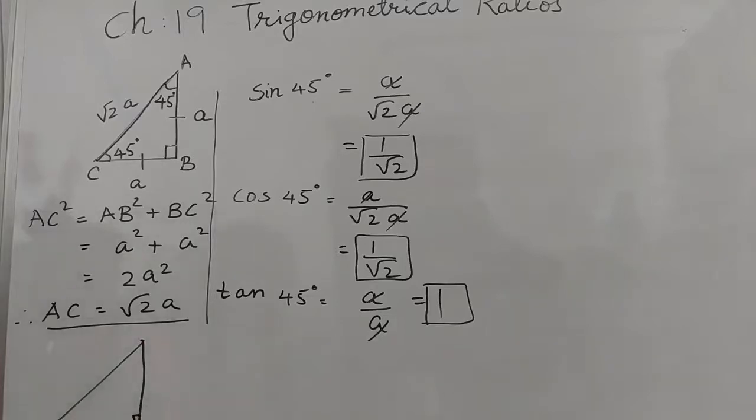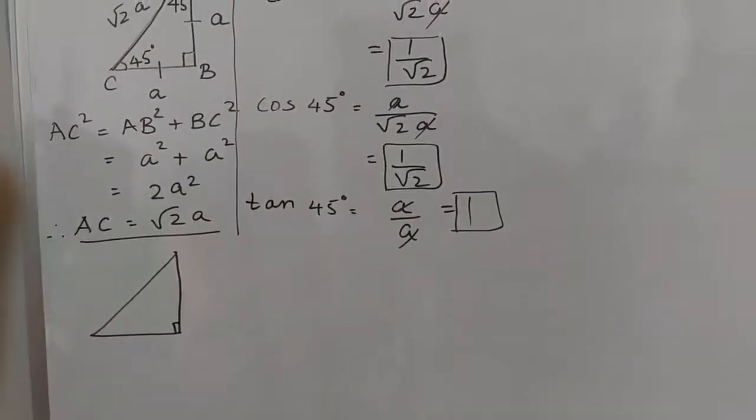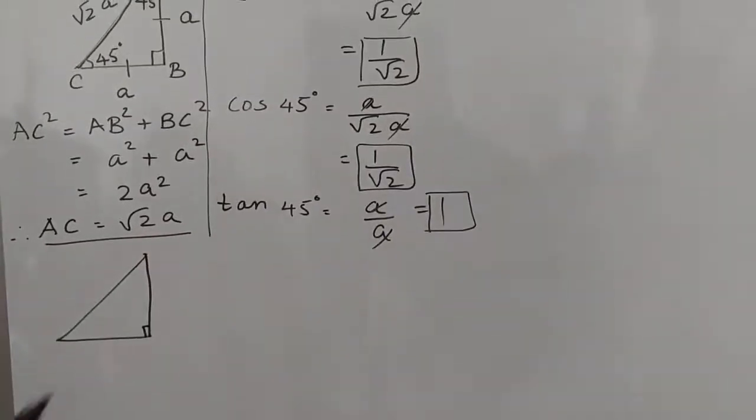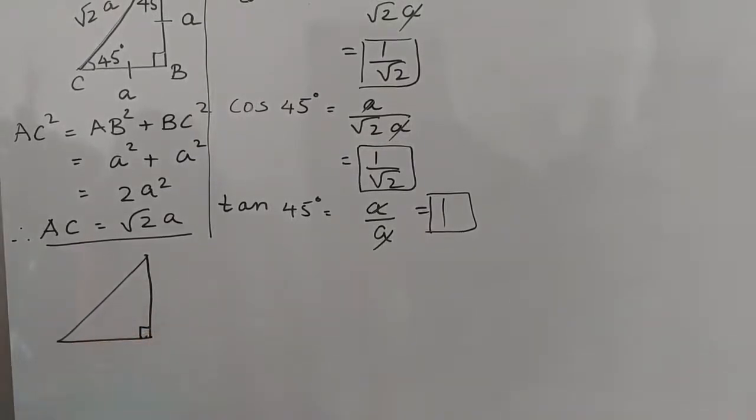It is very important to understand here now how we get 0 degree and 90 degree. So we all know that in a right angle triangle, is it possible there are two 90 degrees? No, it is not possible. We all know that in a right angle triangle, there is only one 90 degree. But here I am supposing there are two right angles. So this is 90 plus 90, 180 degree. So this angle is 0 degree.